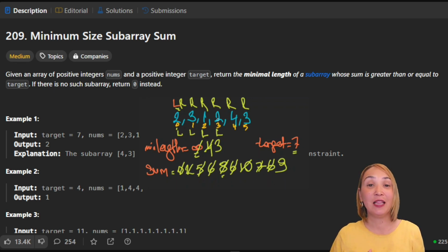Shrink again. Left is equal to 3, nums[left] is equal to 2. Sum is equal to 9 minus 2 is equal to 7. Move left to 4. Sum is equal to target. Update minimum length from index 4 to 5, which is equal to 2. Shrink again. Left is equal to 4, nums[left] is equal to 4. Sum is equal to 7 minus 4 is equal to 3. Move left to 5. Sum is less than target. No longer valid. Loop ends, return minimum length, which is equal to 2.